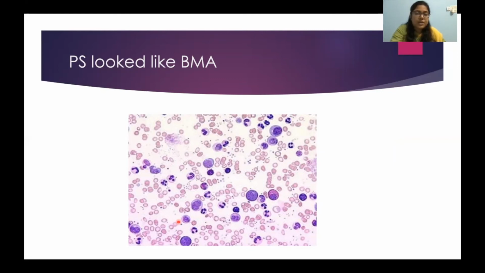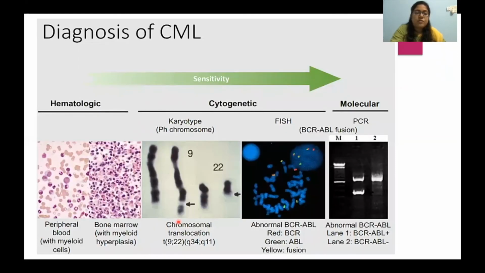And how do we confirm a case of CML? Obviously, we have to do hematological examinations like morphological assay of the peripheral blood and bone marrow. And then we will send cytogenetics for translocation 9;22, that is the Philadelphia chromosome translocation, which can be assayed by conventional karyotype. This is the conventional karyotype, and this is FISH, and also molecular confirmation. Now, for following up with the patient, naturally, we need quantitative PCR.